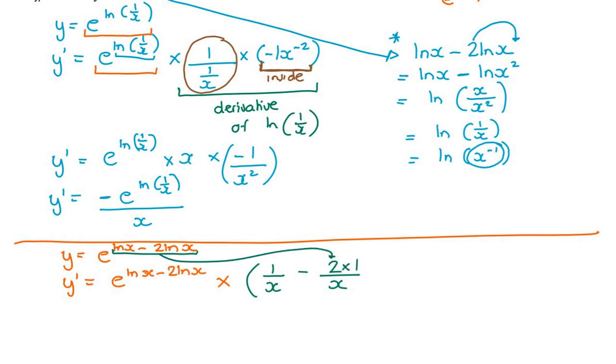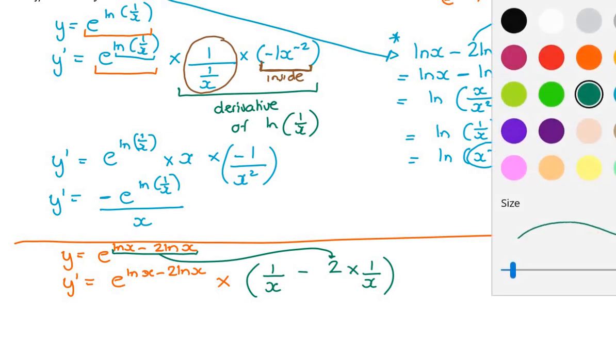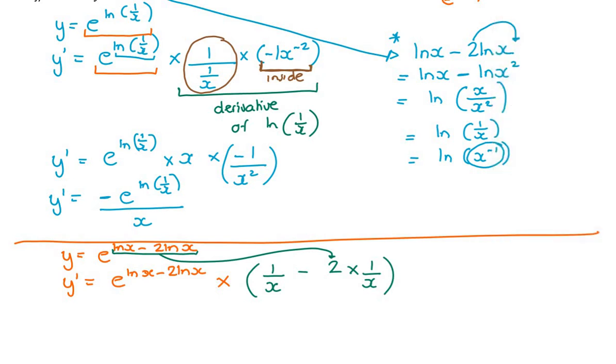So you can actually write it like that if you want to. Let me write it a little easier to understand. The coefficient stays and the derivative of ln x is 1 over x. Now that actually was a much easier way to do it. It looks like these two are not even vaguely related to each other. So let's just neaten this up again. This is e to the ln x minus 2 ln x multiplied by 1 over x minus 2 over x,